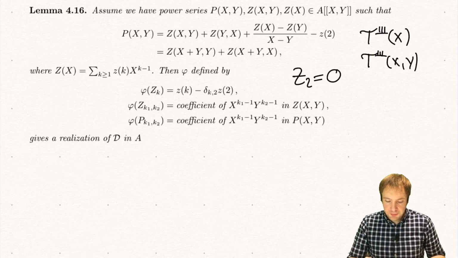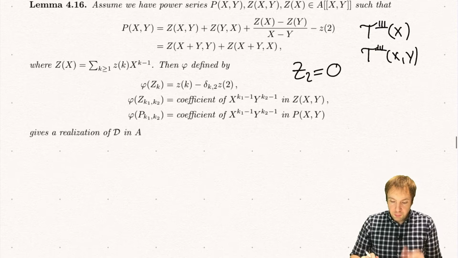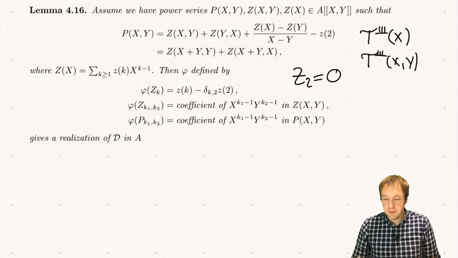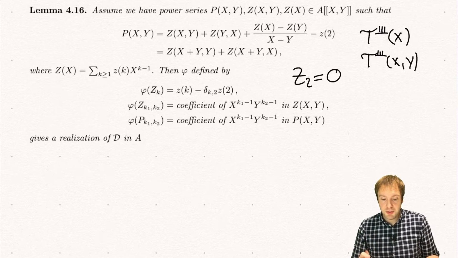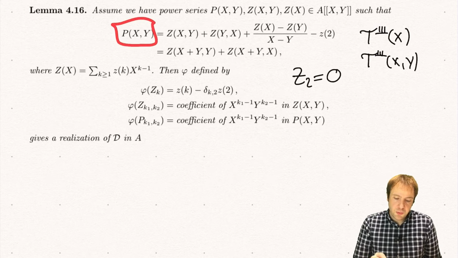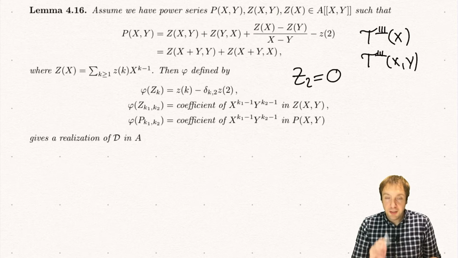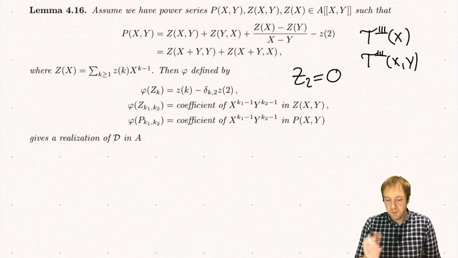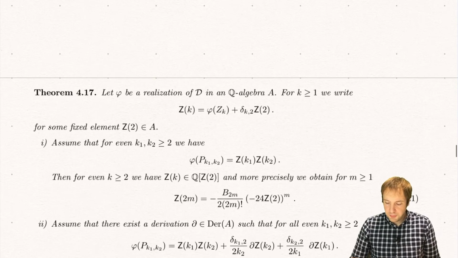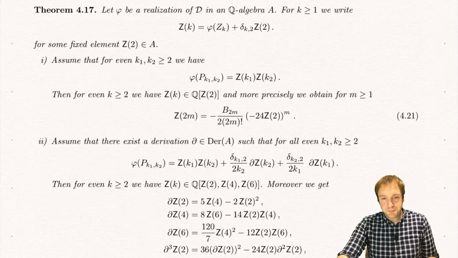Okay, but at this point we still didn't need that A is actually a Q-algebra, but we will see now that in all cases we consider A is a Q-algebra, and we also want an additional property, namely that this P has to do with the product of these single z's. But it will not always be exactly the product, but maybe with some correction. And this is the statement of the following, maybe a little bit too long theorem,